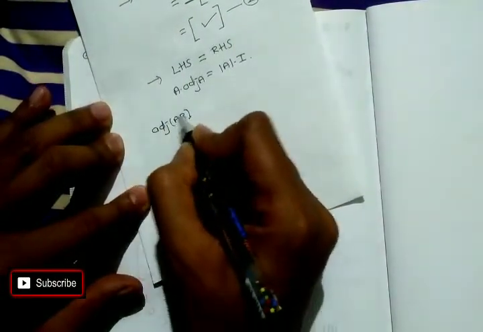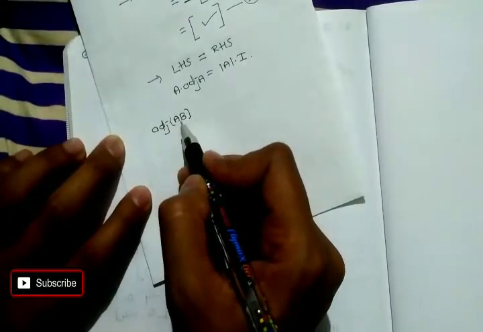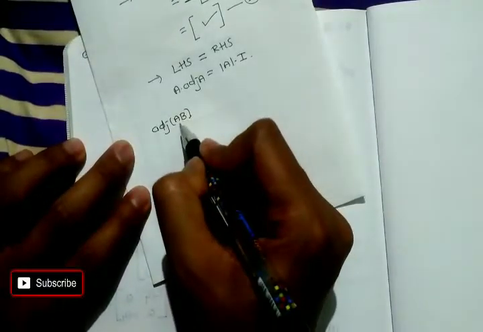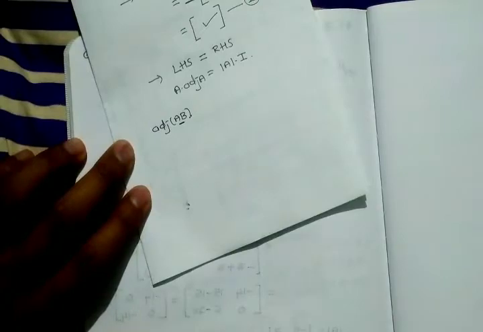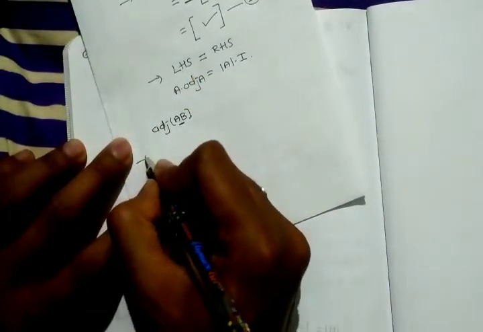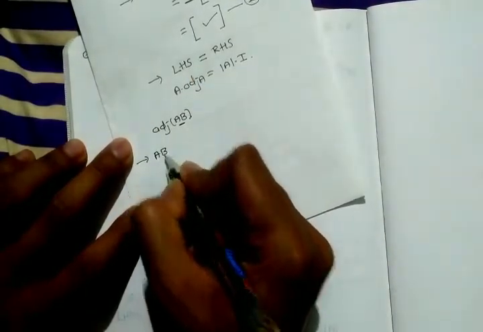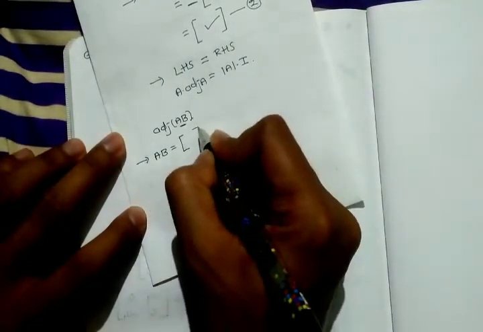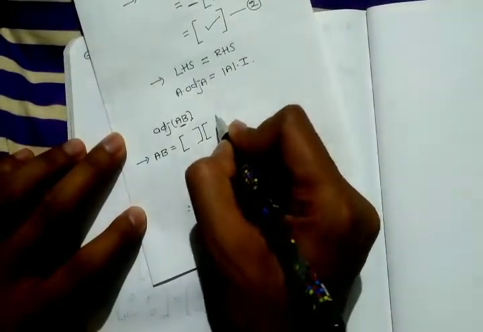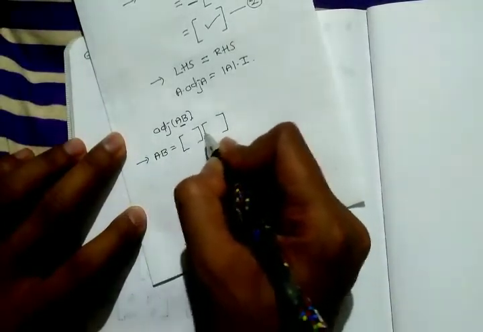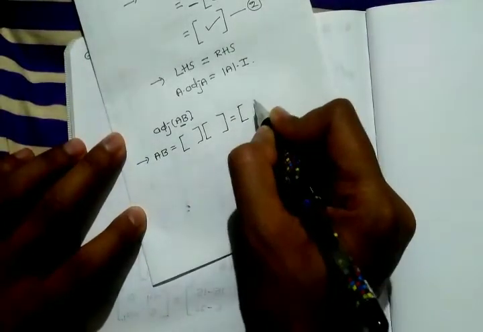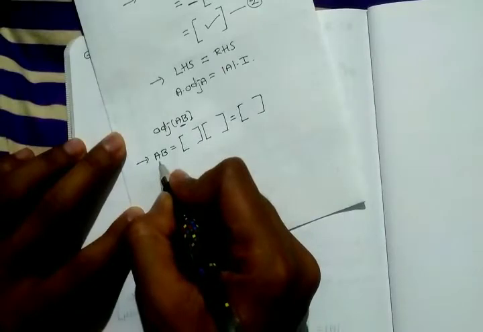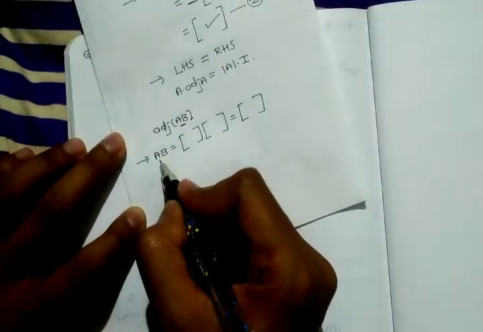So directly it is not possible to find out adjoint of A into B because we don't know which value here? A into B. Therefore first step you have to find out A into B. So first note down here A value into, note down here B value, multiplication rule you apply, you will get one answer here. So that is the value of AB. So once you get AB